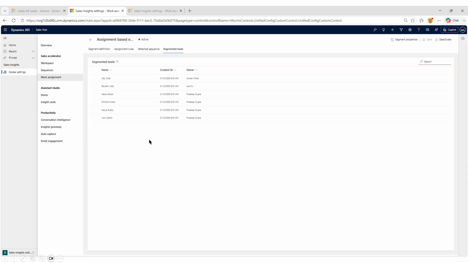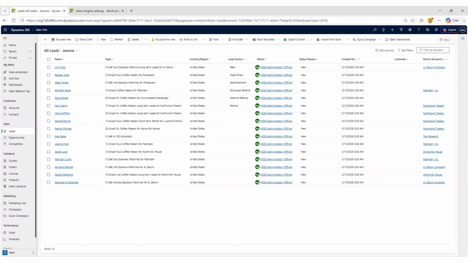Now if I go to all leads and if I refresh this page, you can see the records are assigned to individual salesperson. Web is assigned to Jordan, trade show is assigned to Lee, and all the remaining lead records are assigned to Pradeep Gupta. In the assignment rules we never specified the individual seller name. Instead, we just selected their skill in that condition box, and all the assignments have been done based on the